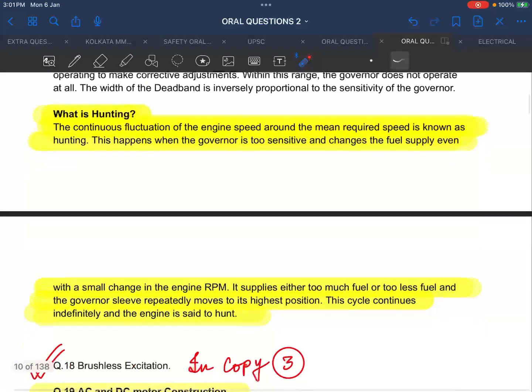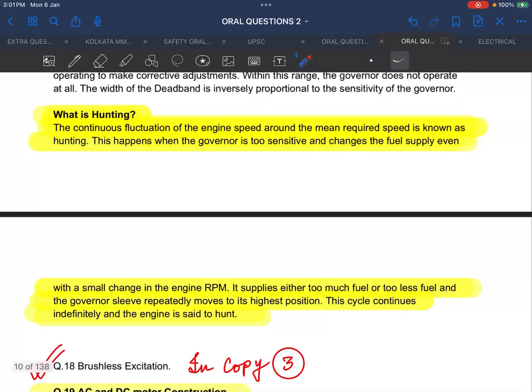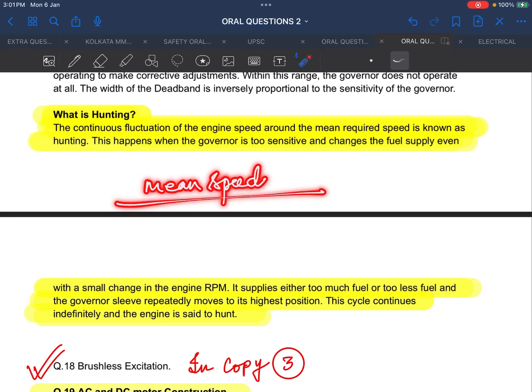And the next question is, what is hunting? You can tell it like this: hunting is basically the fluctuation of engine speed. The continuous fluctuation of the engine speed around the mean required speed is known as hunting. Whatever the mean speed requirement of our generator is,